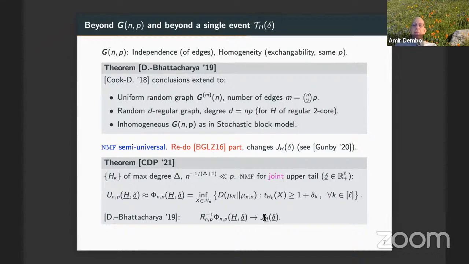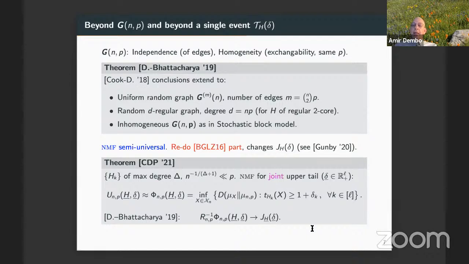The only difference is when you have joint constraints, instead of having either a hub or a clique, now maybe the optimal strategy is to have at the same time a piece of a hub and a piece of a clique. You might use a mixture strategy, which you do not use when you have only one constraint. So we understand the variational problem, we understand the tails, so we can now look again at the conditional result